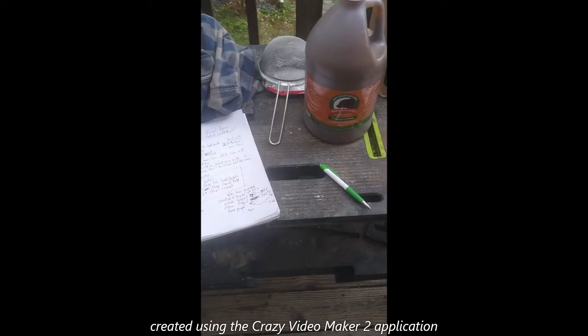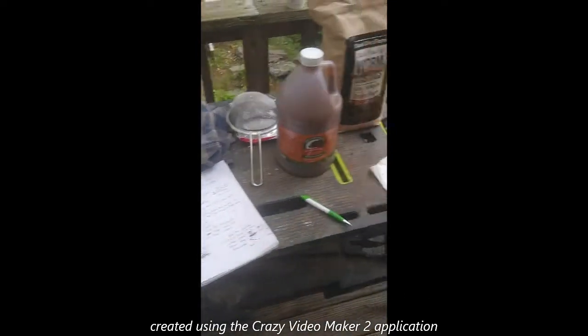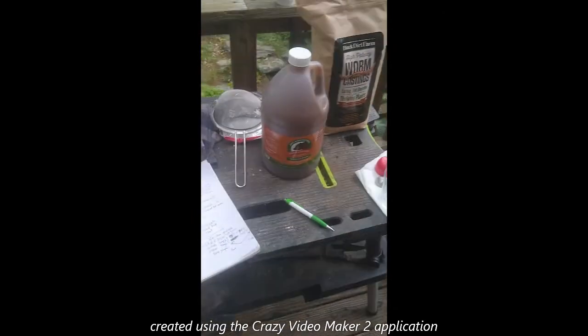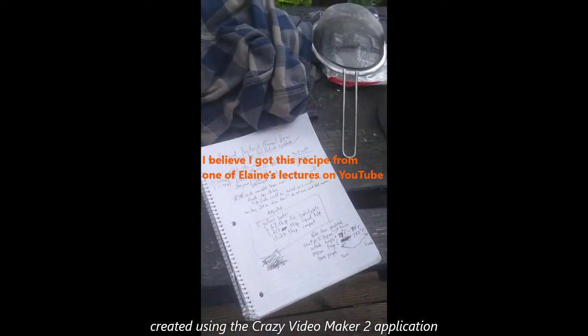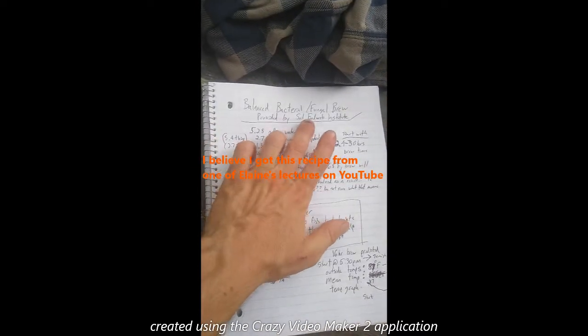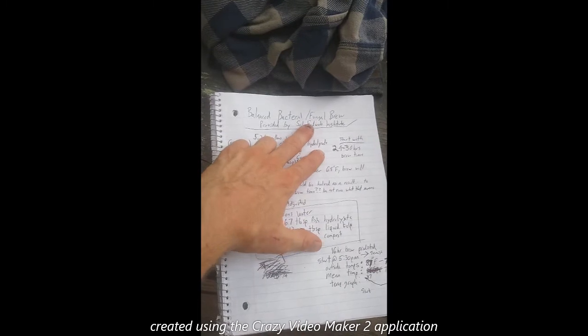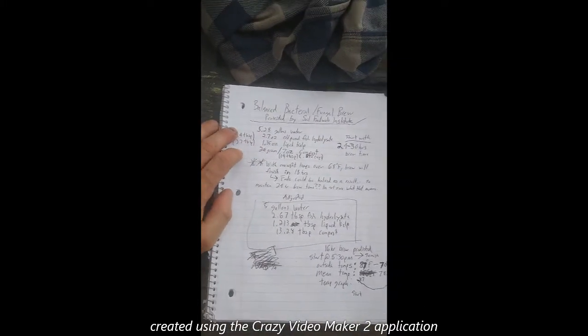Okay, it's time to make another batch of fungal-based compost tea. I'm trying to grow mycorrhizal fungus, but also bacteria. This recipe allegedly is provided by Soil Food Web Institute. I'm actually in the Soil Food Web Institute right now as a student, so I haven't gotten this far yet,